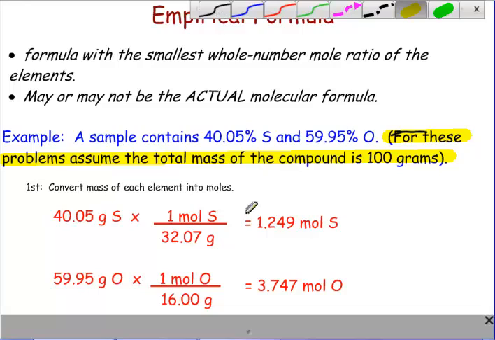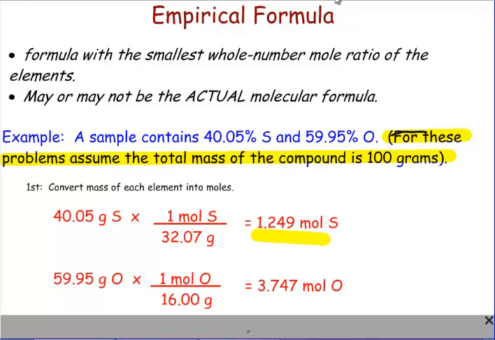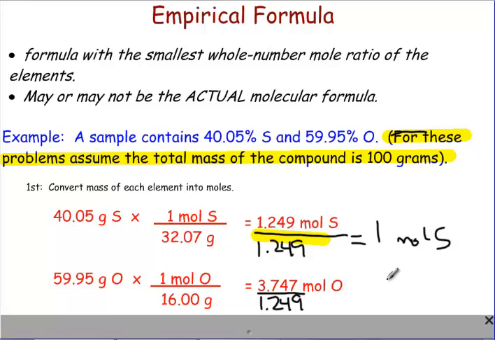Take the smallest one, 1.249, and divide both of your answers by that value. So we're going to divide both by 1.249 to find our lowest whole number ratio. Now obviously this one would give me 1 mole of sulfur. If I take my calculator and do 3.747 divided by 1.249, I actually get a nice whole number. I get 3 moles